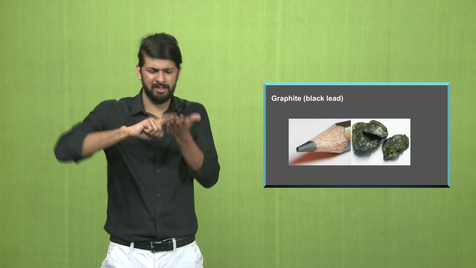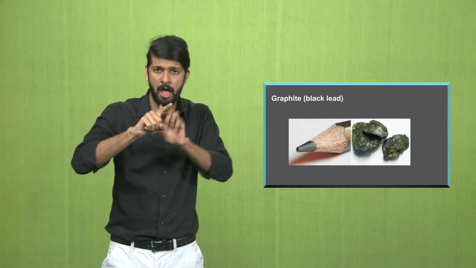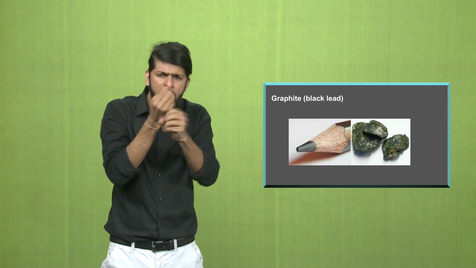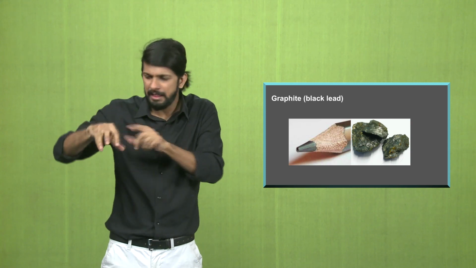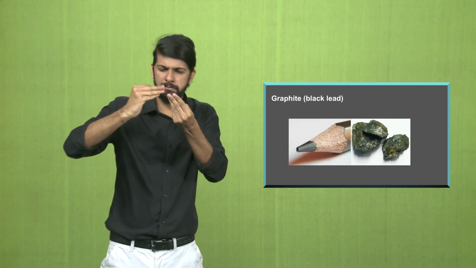New words from the lesson: graphite, or the black lead which we find inside pencils. So, graphite is the mineral or the rock which we use